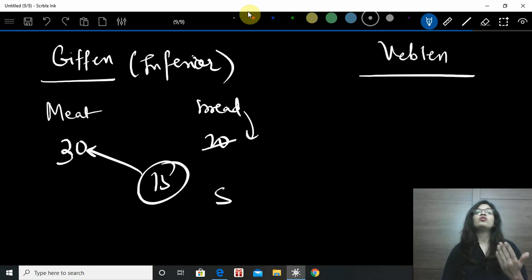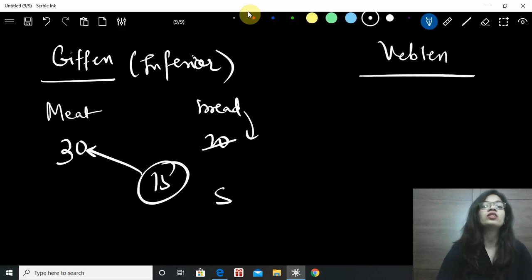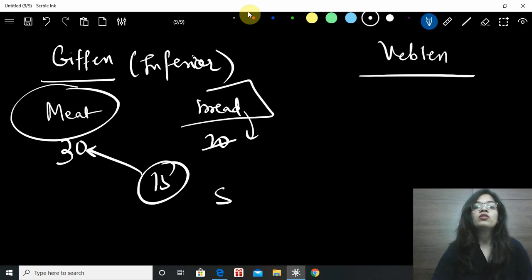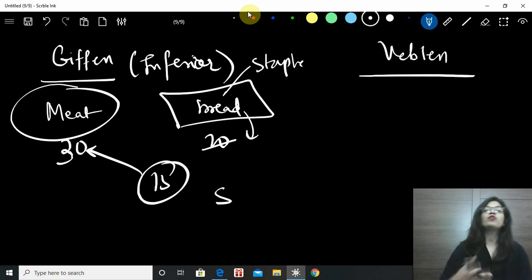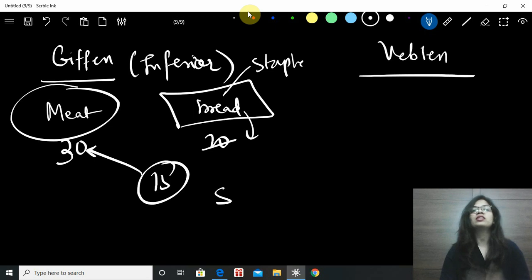the good which is not an inferior good or which is a luxury for you, because this is a staple. Whether it costs $20 or $5, you can only eat 3 to 4 slices of bread in a meal, but you need more meat and it's a luxury. So if the money is saved, you won't tend to buy more of the inferior good, because it's again all human nature and consumer nature. You'll go and buy meat. So that is a Giffen good.